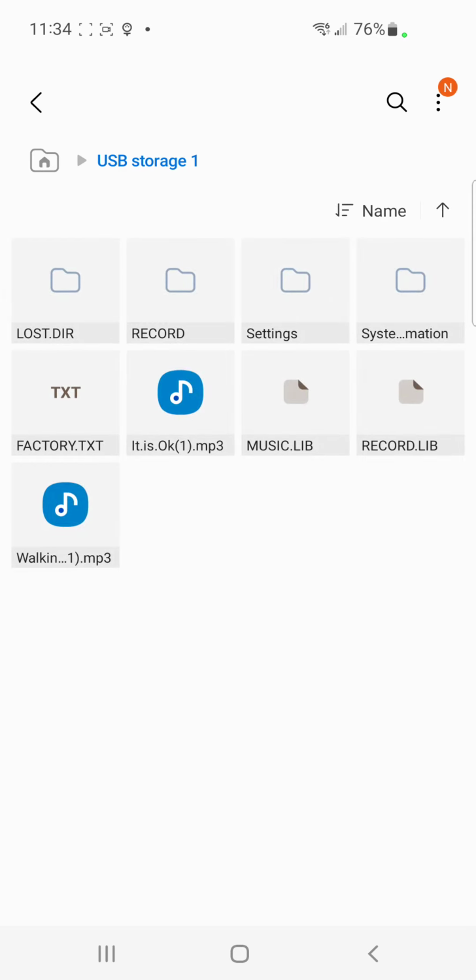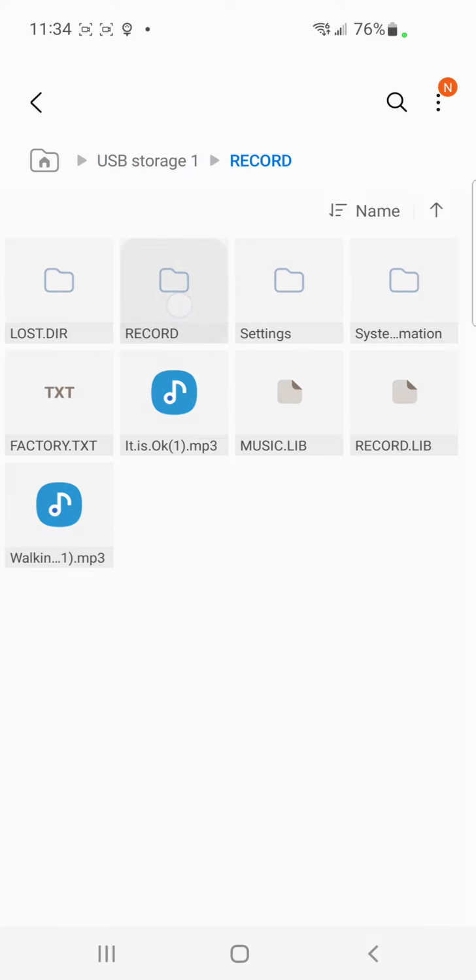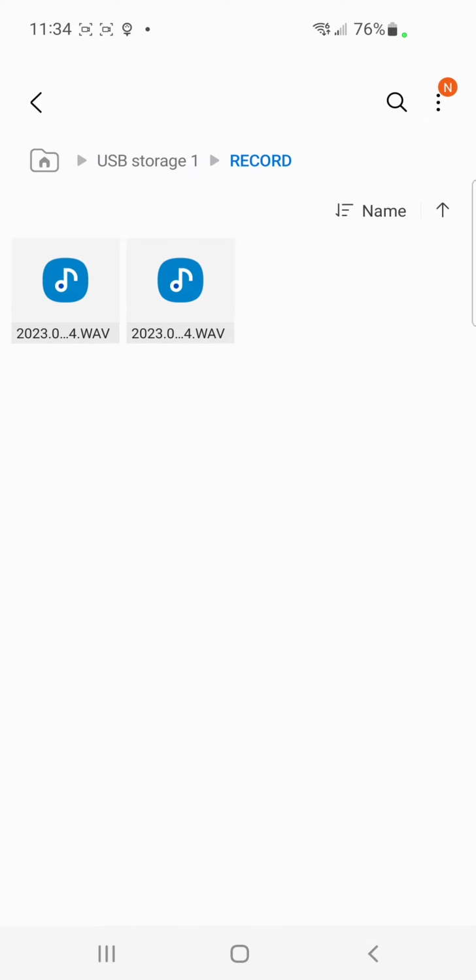Now this may be named something different depending on your device, but here it is called Record. Sometimes it's called Voice. But we open that up and you can see your recordings. And from here we can play them. We can delete them. It's very easy to just open them up by tapping on them. And that's how you access your